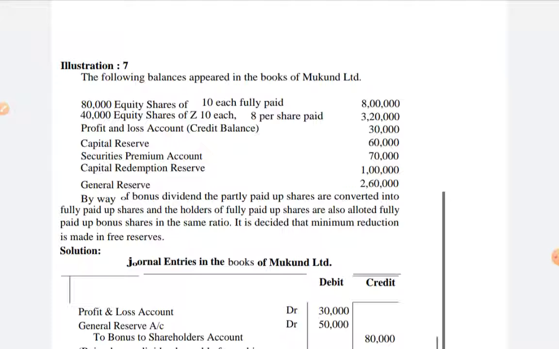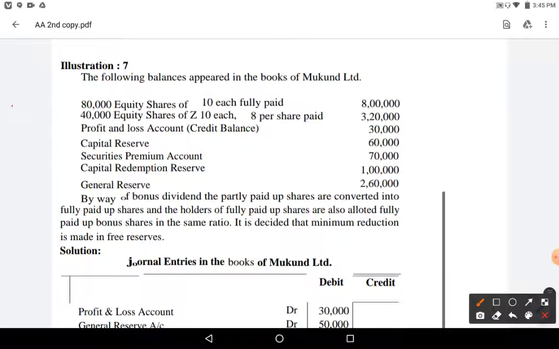So let us see, because which reserve to be used first, which reserve we need to use later, and if the bonus ratio calculation is given, typically this is the problem with a twist. How much ratio is not said directly but through a hint. So let us see this problem, and a similar problem is there in your exercise problems also. So let us see this illustration once.